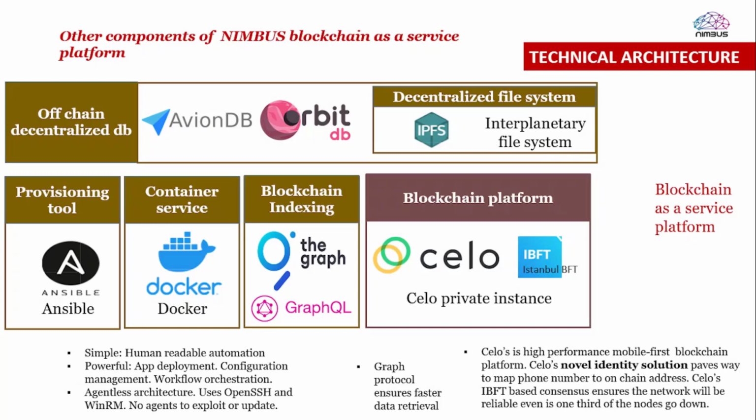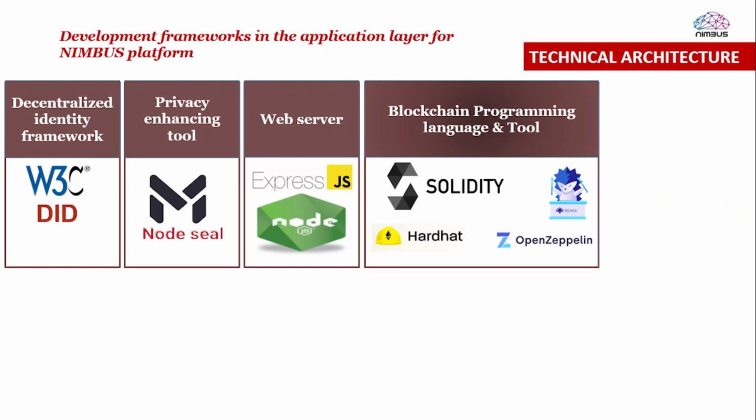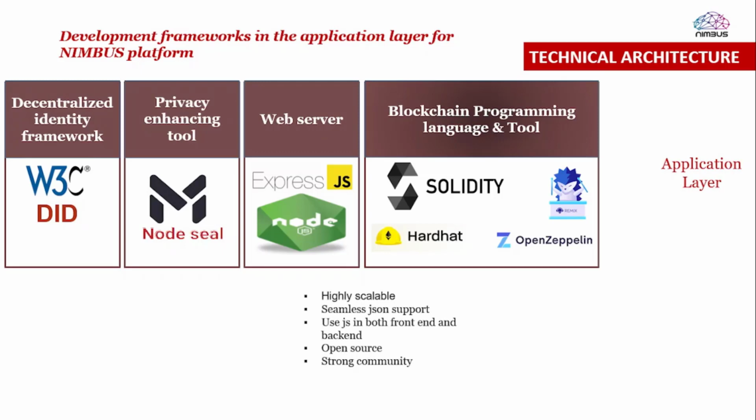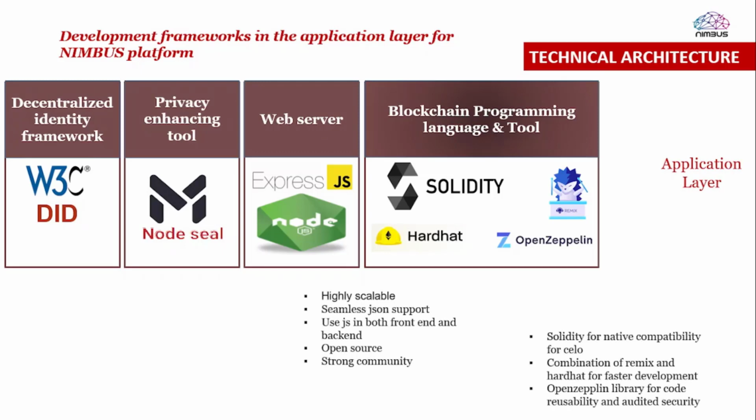For faster retrieval of data, the Graph protocol is used, which has Celo's native support. For storing off-chain data, we use the AvoinDB, which is a wrapper for IPFS-based distributed DB called OrionDB. For backend development, to interact with on-chain and off-chain data, the highly scalable Node.js library is used, specifically the unopinionated Node.js framework Express.js. For the smart contract logic, Solidity is used since Celo is an Ethereum clone which natively supports